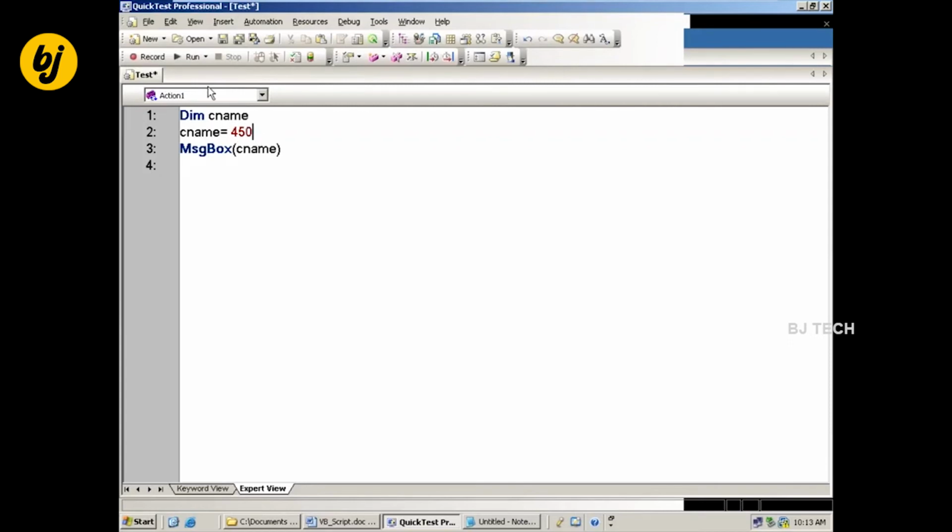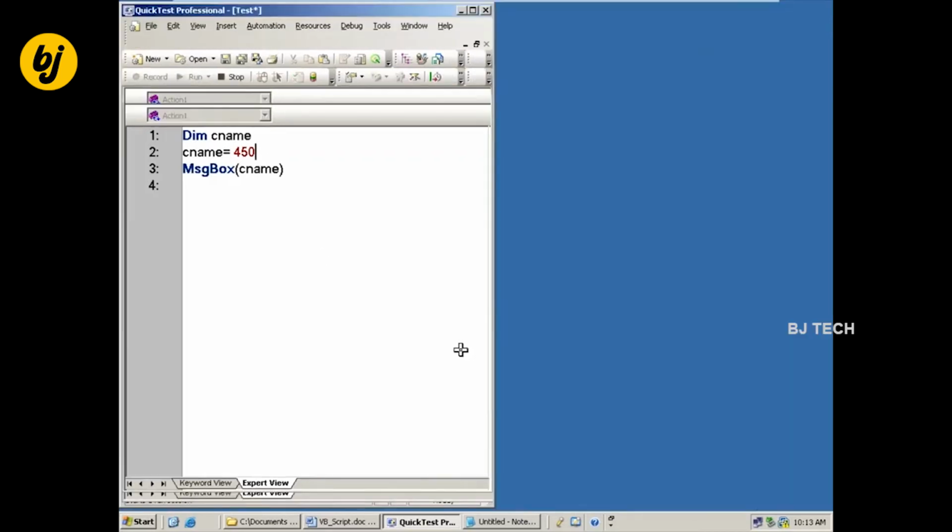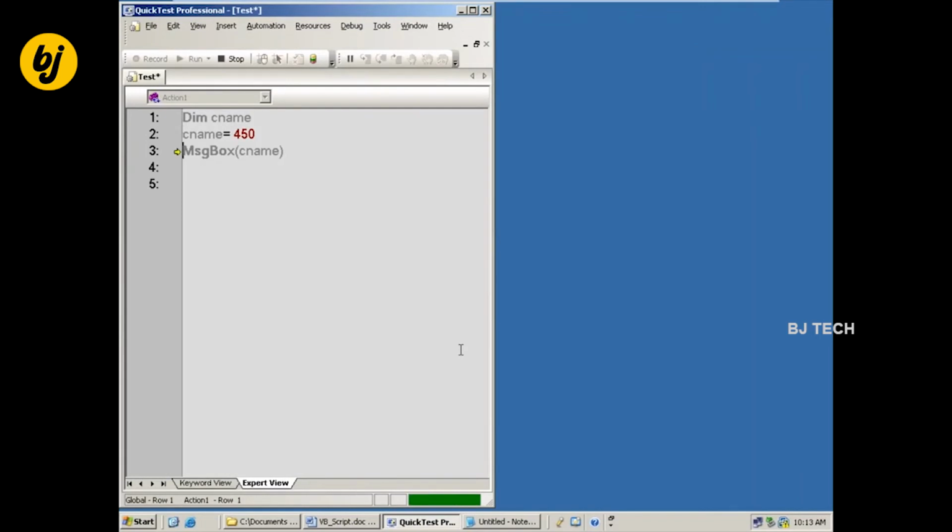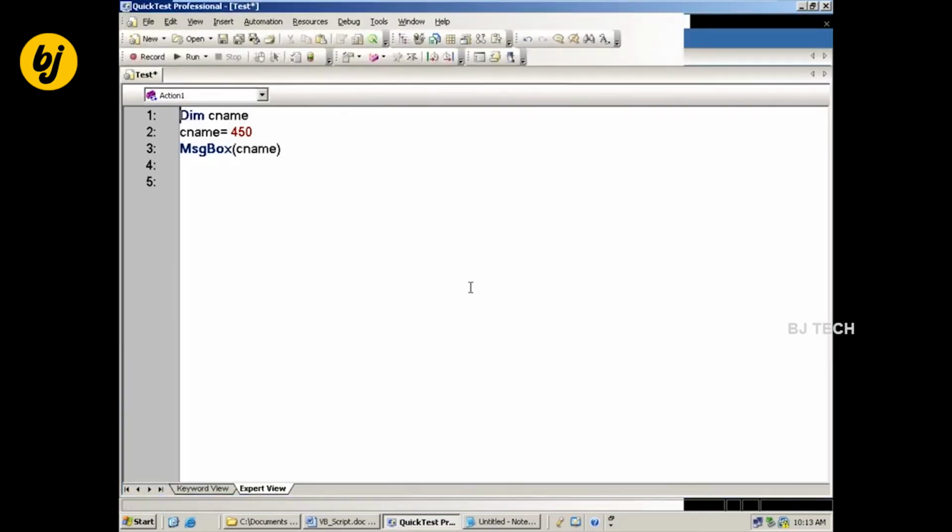If I give 450, will it accept or not? When I declare the variable, I did not specify the data type. By default in VBScript, it is a variant. Variant means it can hold any type of value.